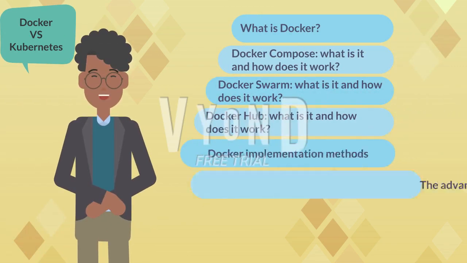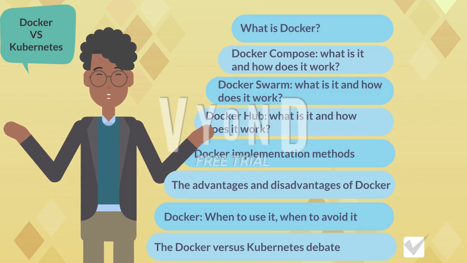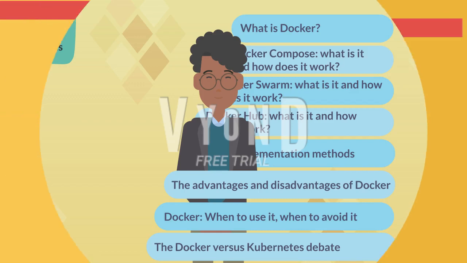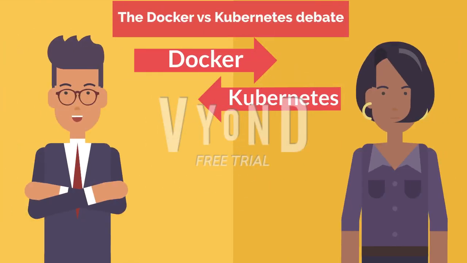Coming up next is a very interesting, and probably one of the most talked about debates. Is Docker better or Kubernetes? Let's solve the puzzle here. Docker and Kubernetes are two different technologies that serve different purposes and that are often used together. Docker is a containerization platform that allows developers to create and run containers on their local machine or in the cloud. Kubernetes, on the other hand, is a container orchestration platform that automates the deployment, scaling, and management of containers